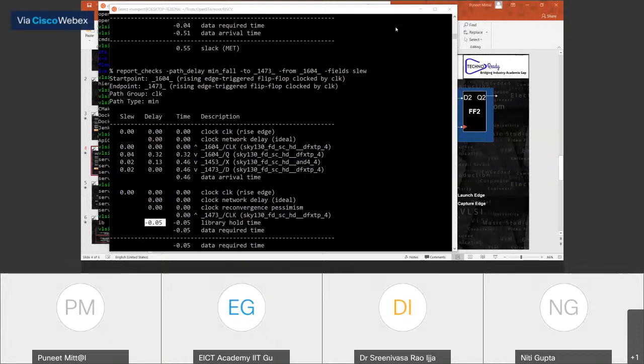So Patil is asking how the setup and hold time in FF are determined. That's what I have mentioned. It's a part of characterization. Whenever you are going to design a flip-flop, the schematic and everything, it will have certain NMOS, PMOS, then you will give certain inputs, like maybe you have done the PSpice simulation or something, different input values, you will get different output values, you will get a graph, then you will figure out what the delay is, what setup time you have to choose, what fall time you have to decide.